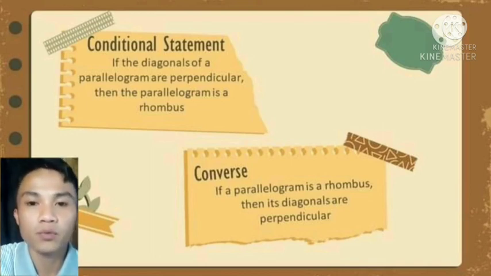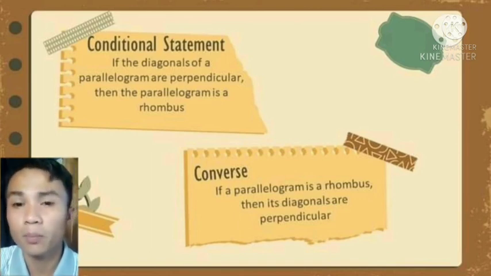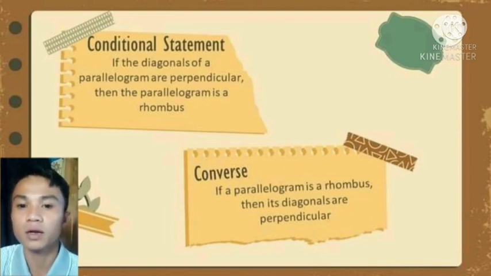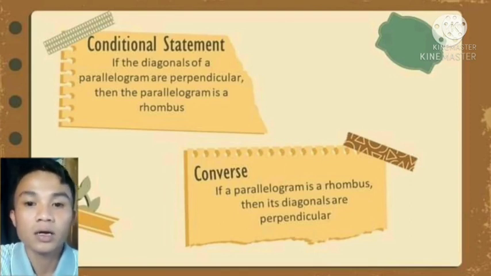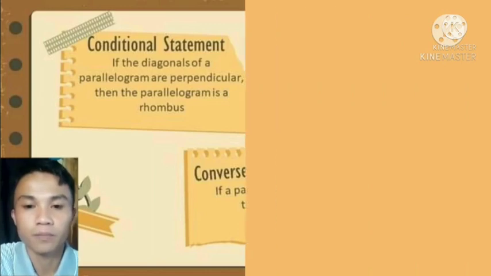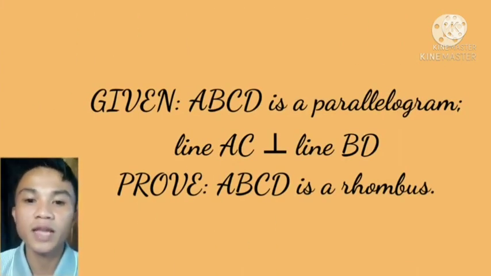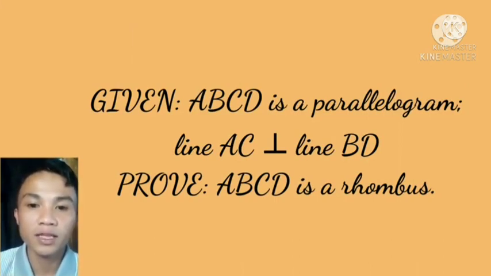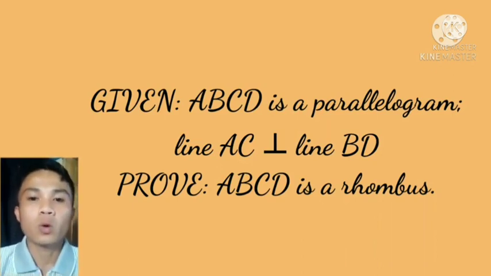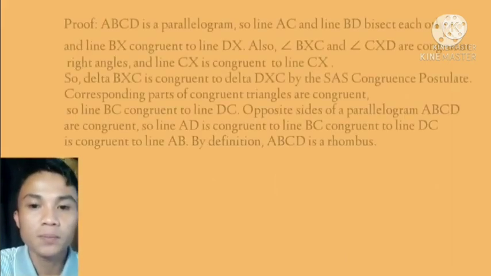8.11, dun sa theorem of 8.11, if the diagonals of a parallelogram are perpendicular, then the parallelogram is a rhombus. So, yun yung given na sinabi doon sa definition. So, let us example, ABCD is a parallelogram, then line EC is perpendicular to line ED. So, we will prove that ABCD is a rhombus. So, the proof is,